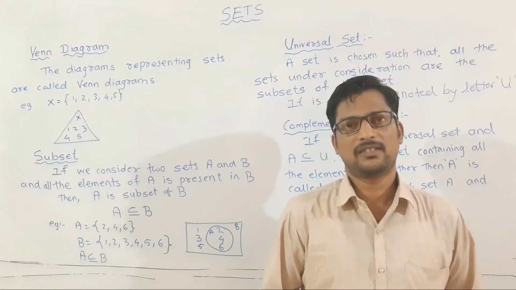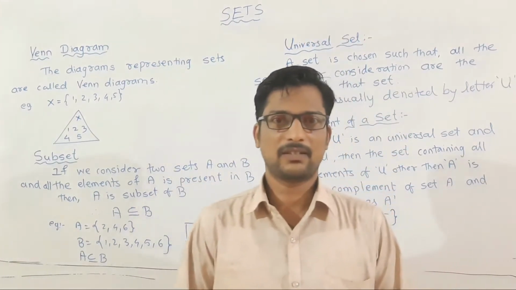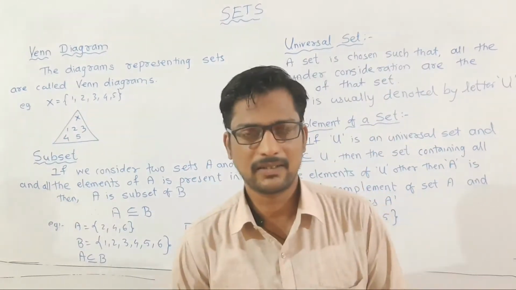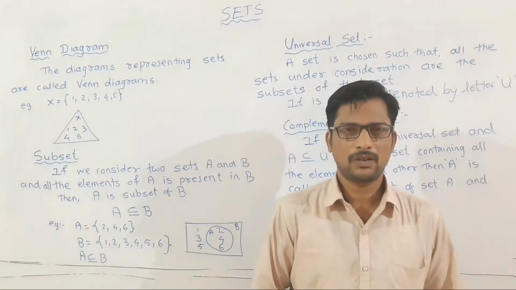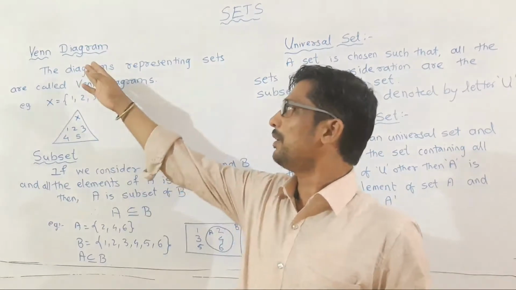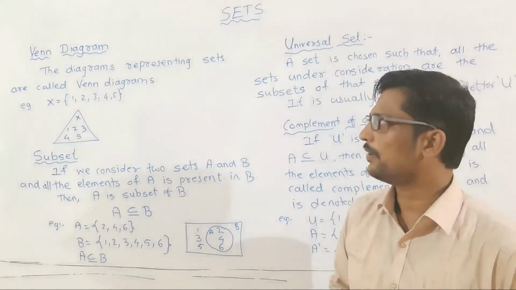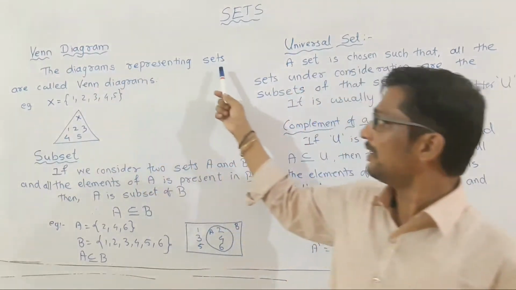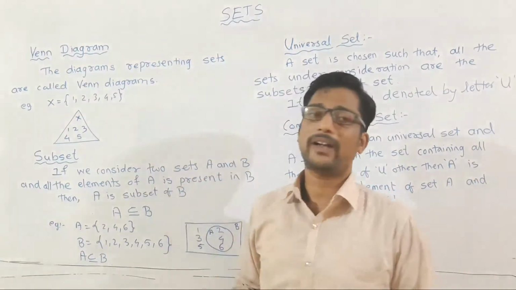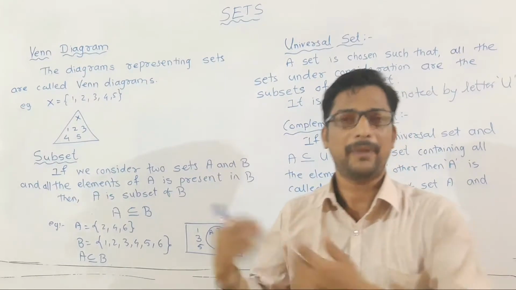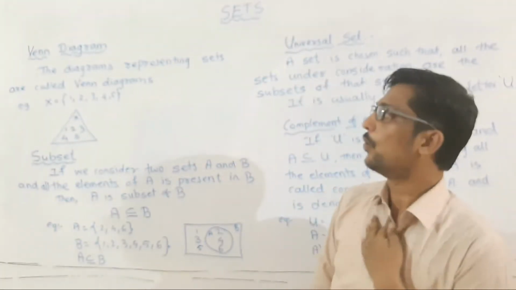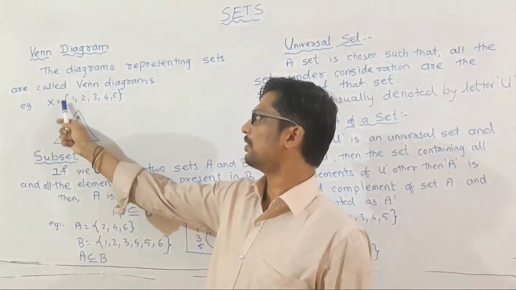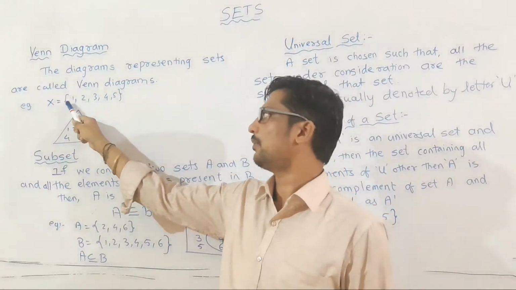So let us start with a new topic under this set. Before starting that new topic, we should know what we mean by Venn diagram. The diagram representing sets is called a Venn diagram. For example, X is equal to, in curly brackets, I have written 1, 2, 3,